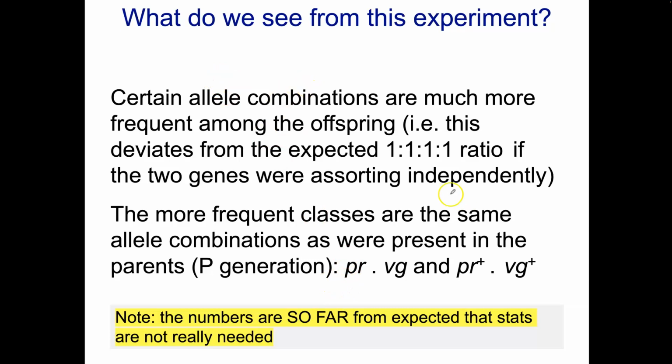So what do we see from this? We see that there's a pair of combinations of alleles that are much more frequent and a couple that are much less frequent. Now, it turns out that if you look at the frequency, the ones that are most frequent, they are similar to the original parents, that P generation, because you had one parent that was mutant for both and one parent that was wild type for both. And that's important. These are seen more often than the other classes,